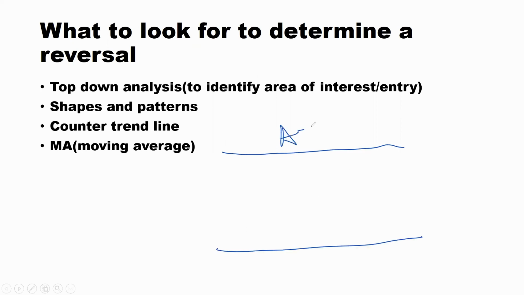If this is the all-time high and this is the all-time low, am I going to be waiting for the price to move until it reaches here, then I start looking for reversals to go up? No. Or am I going to be waiting for the price to move, if it's going up, until it reaches the all-time high, then I start looking for sales? No. Now, this is what you're going to be doing.